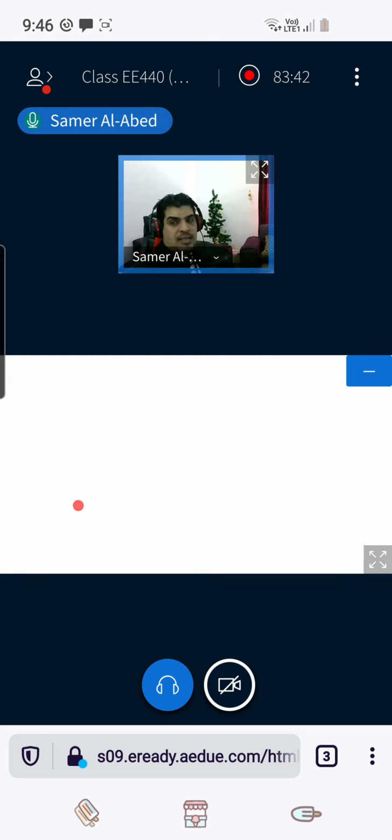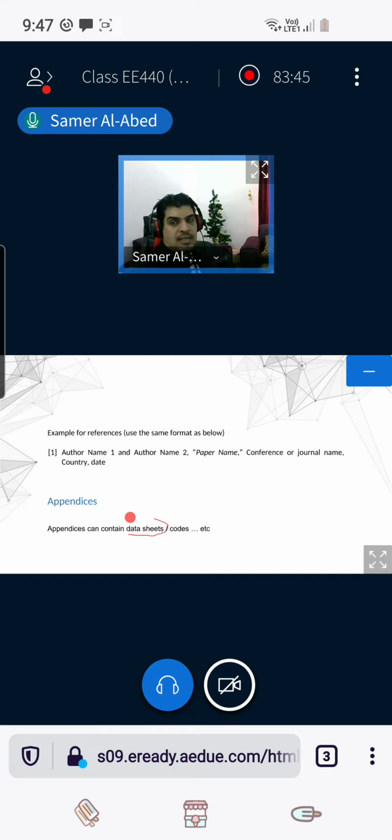Then after that, we have appendices. In the appendices, you need to put the data sheets. You can find them easily over the internet. So the data sheet of the Arduino, the data sheet of the LoRa. If you use a component, you can put the data sheet of that component. I don't need the data sheet of a resistor or a capacitor or a wire or something like this. I need the data sheet of the biggest components. The biggest component in your case, for example, Arduino, definitely all of you will use Arduino. So put the data sheet of the Arduino.